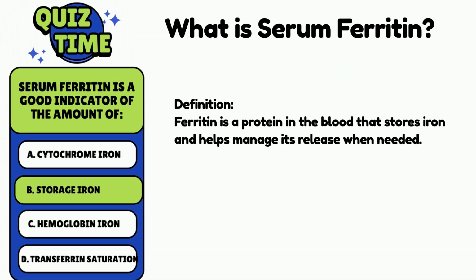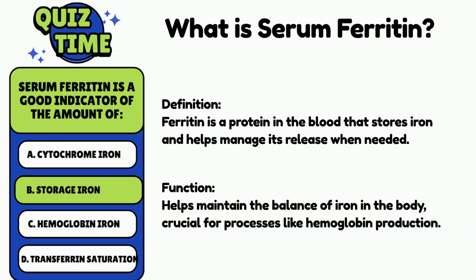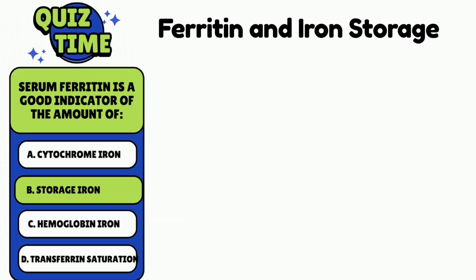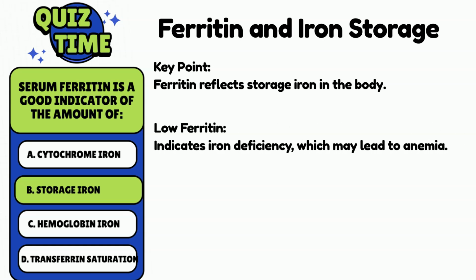The answer is B. Serum ferritin is a protein in the blood that stores iron. It helps your body manage and release iron when needed. Measuring ferritin level can give a doctor an idea of how much iron is stored in your body. Low ferritin level can indicate iron deficiency, while a high level might suggest an excess of iron or other health